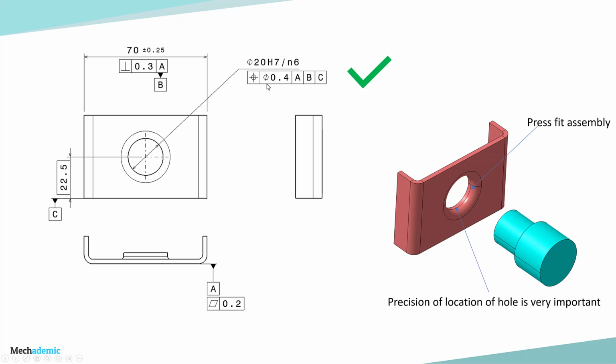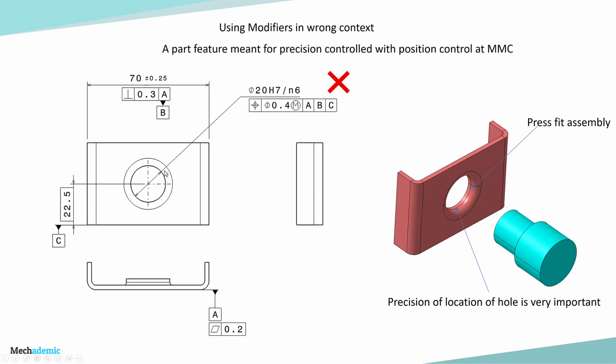Because that way, whatever the size of this hole, at whatever size it will still have a position control of 0.4. But in the earlier case, if this hole is at LMC, least material condition, the position can be varied by 0.4 plus the variation in its size, that is that bonus tolerance. Hence, it will have a play and the interference fit will not be as accurate or as precise as in